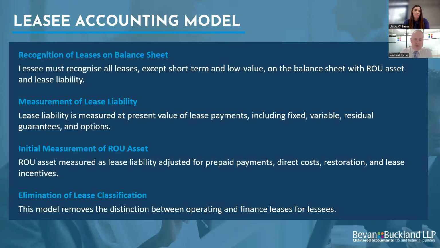So from an example point, you do a present value calculation. That then gives you your lease liability. What you then do from an asset side is ask, have you prepaid any costs? Are there any dilapidation or restoration costs, any sort of incentives in there? And that gets you the difference between the asset itself and the lease liability. In the main, there's not going to be much difference between the two items, but you are looking at potentially a couple of costs at the start and the end that will affect the right of use asset.